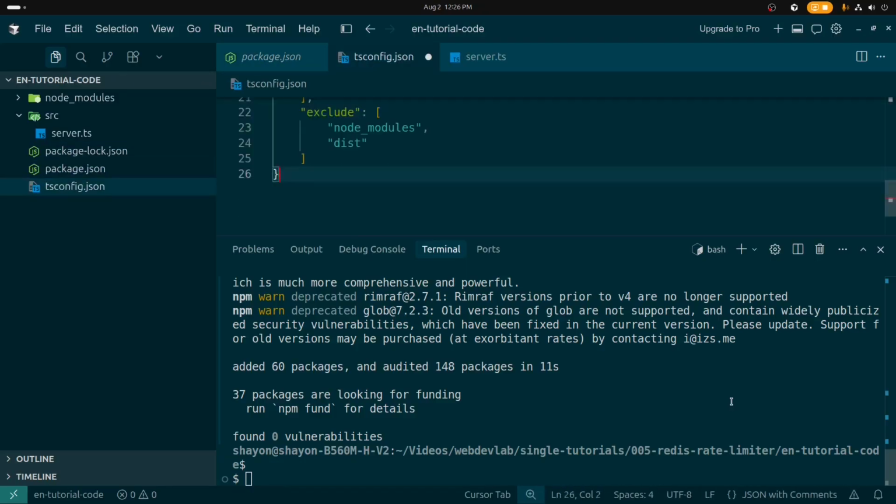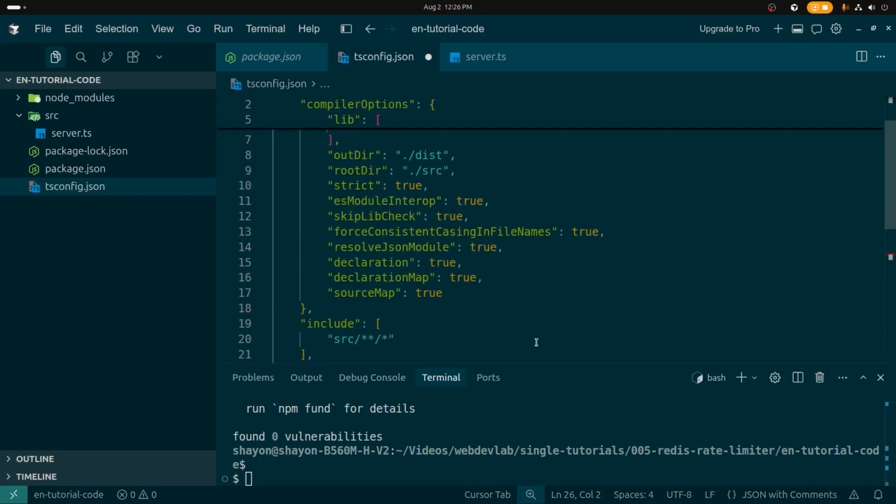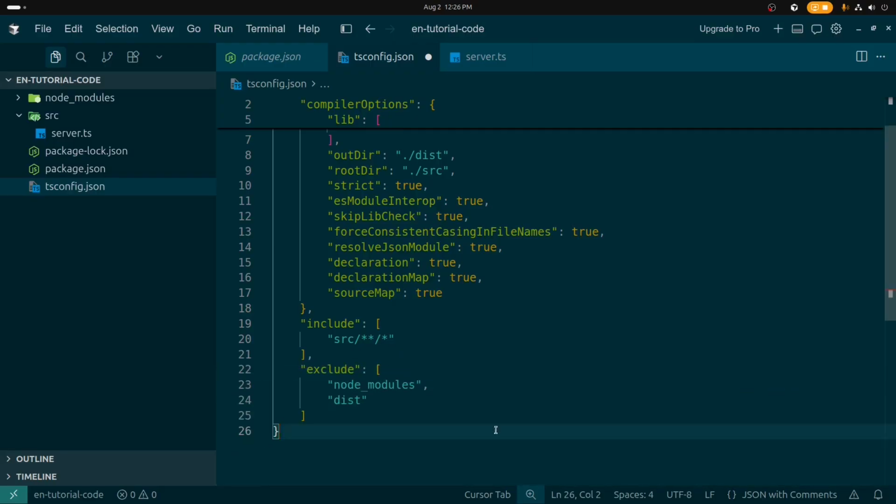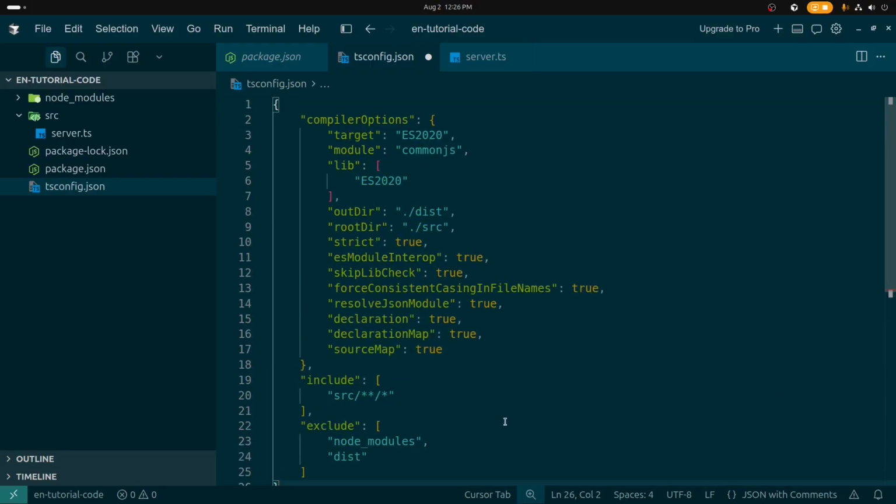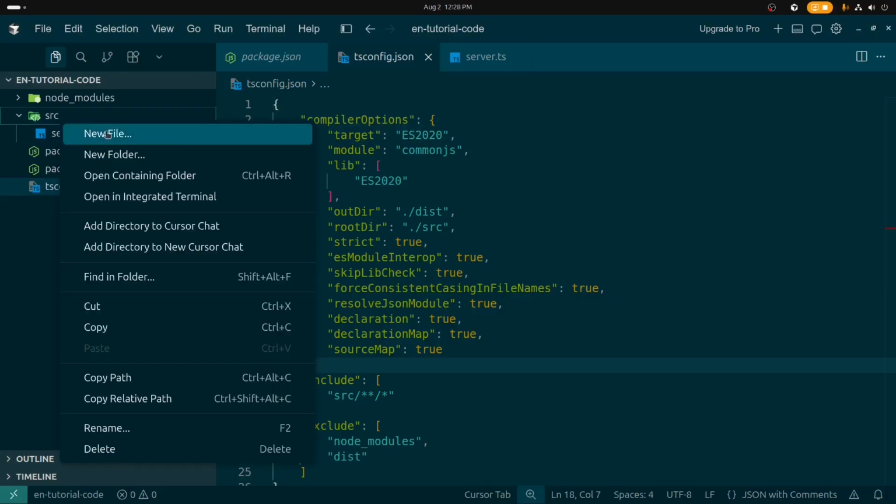tsconfig.json, and I'm just going to paste this configuration. Don't worry, if you want, you can just pause for a few minutes and copy everything from here. Otherwise, you can get the same file inside my blog post. Just copy from there and paste it here. Okay, next I'm going to create another file,